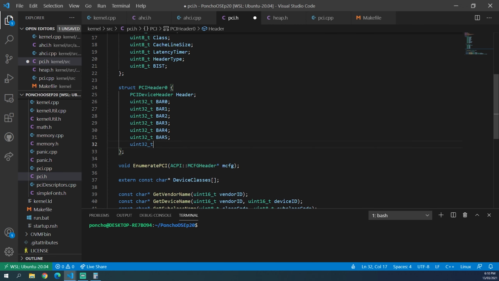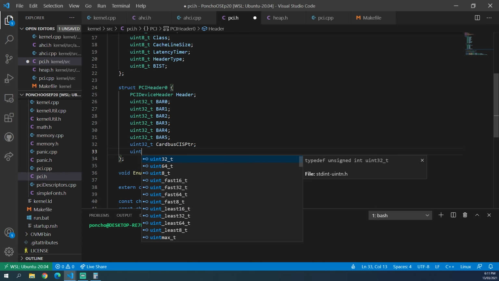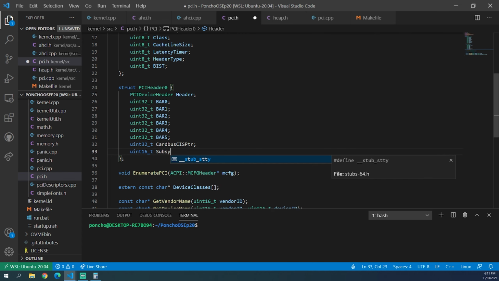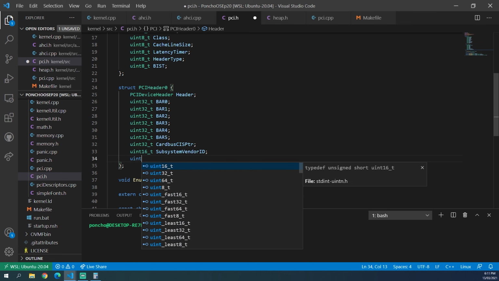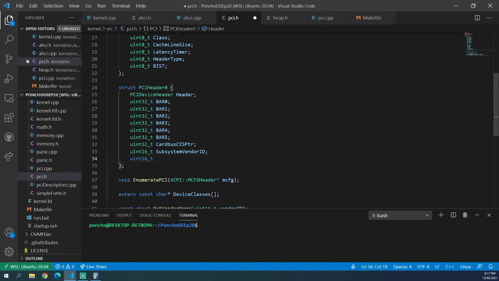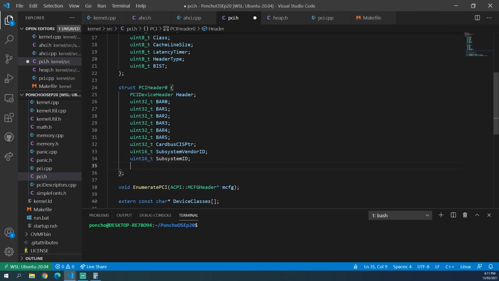Then we have a uint32_t CardBus CIS pointer, then a uint16_t subsystem vendor ID, then uint16_t subsystem ID, uint32_t expansion ROM base address,